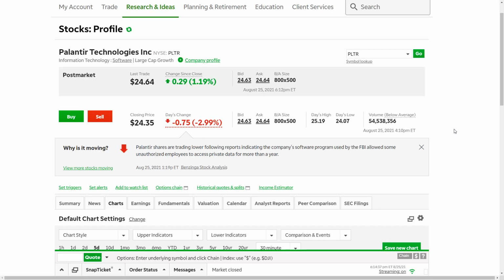Today we're going to be talking about Palantir Technologies and some of the reasons why the stock dropped so heavily today. As you can see on the why it's moving here on TD Ameritrade, a report came out today that essentially end users had access to proprietary data that they should not have had access to. Now, the reason why this is such a big deal is because this is a company that specializes in privatized software that is tracking a lot of data points that, generally speaking, the average user isn't going to